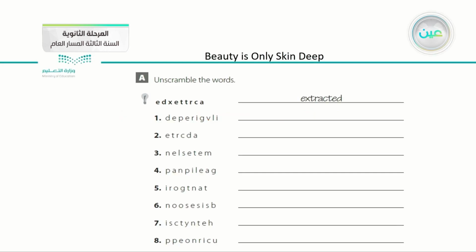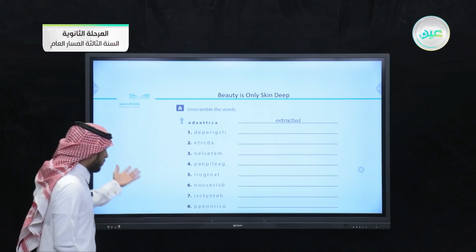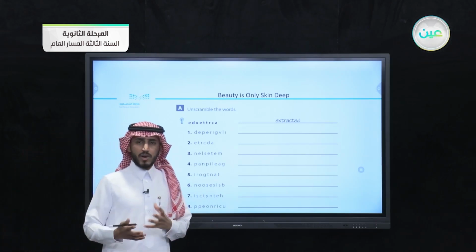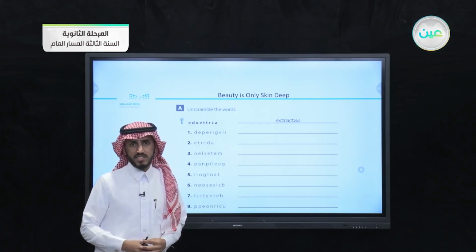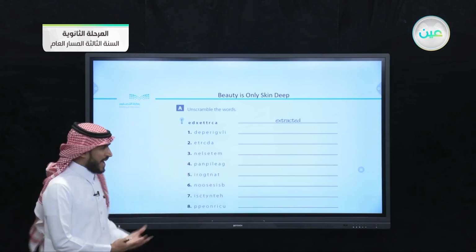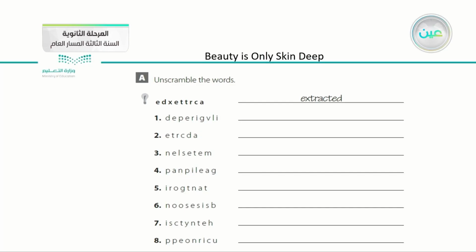Now I want you to go to the workbook and open your books on page 21. On page 21, today we are going to have 2 exercises, A and B. In exercise A, you are asked to unscramble the words. These words are scrambled. These words are mixed together. So, I want you to rearrange